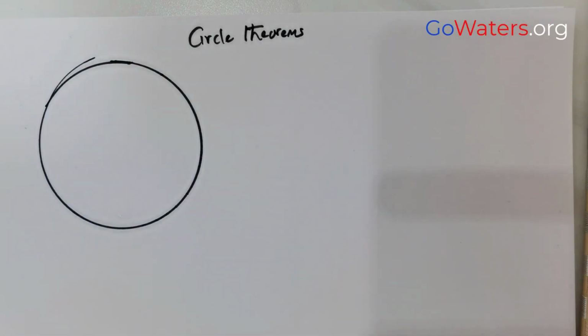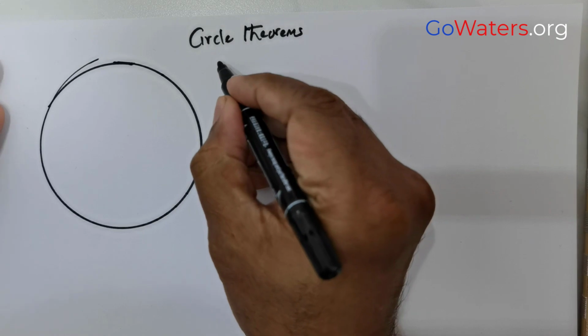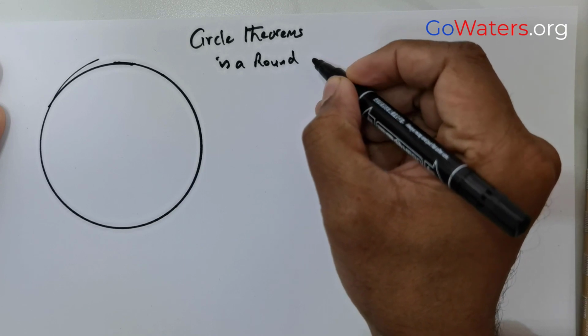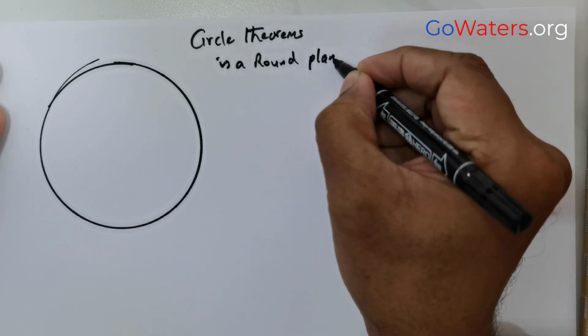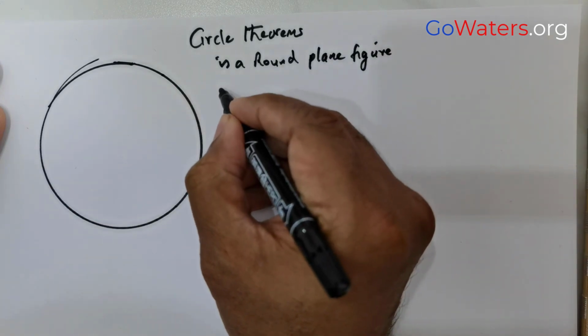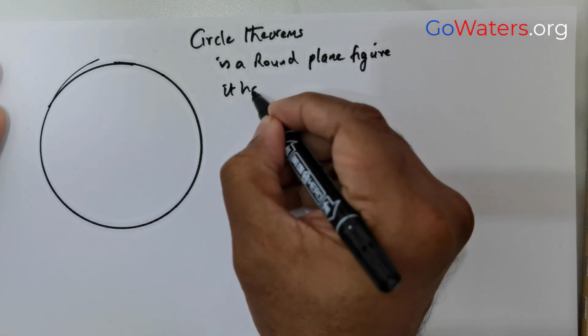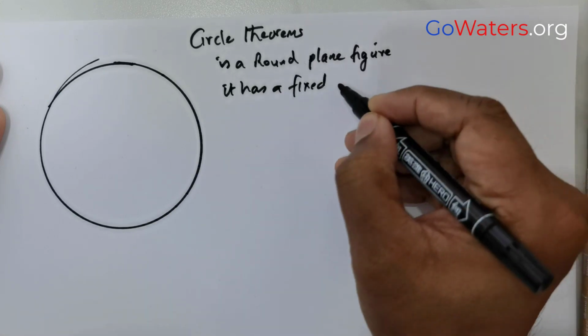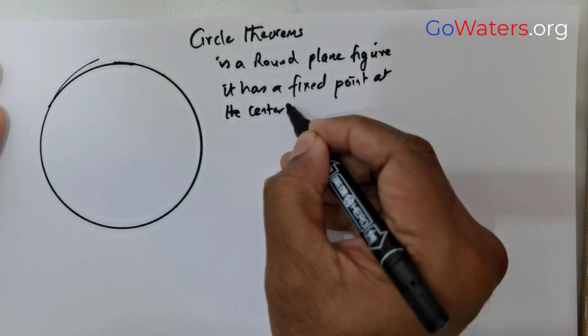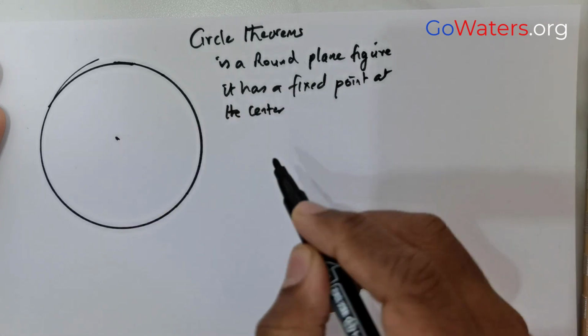Now what is the most important part in a circle is the fact that it is round in nature. Let me define it. A circle is a round, this is the most important word, and followed by that it's a plane figure, and it has a fixed point at the center. This is the next important information. It has a fixed point at the center, that's critical,